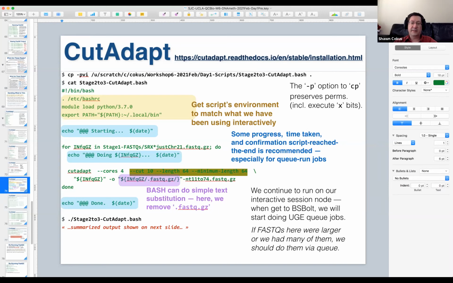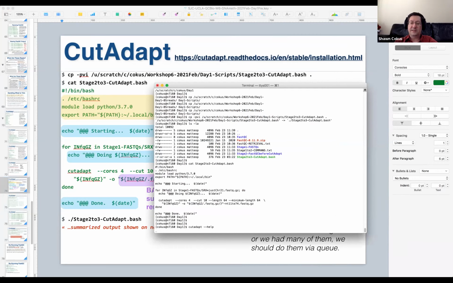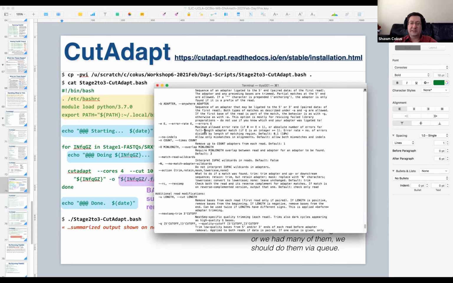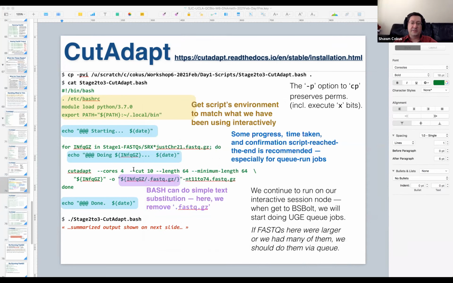You have to read the Cutadapt documentation to do that. You can basically get that by just saying Cutadapt --help. That basically gives you enough information. There's also web-based documentation, I think, for this thing. You've got to figure out what parameters you need, but it turns out that for what we need here, it's